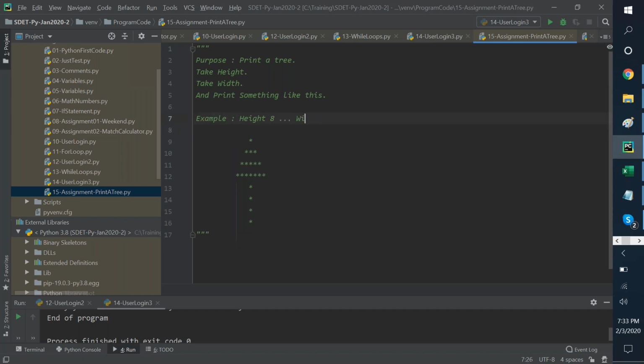Width is basically we're counting. If you count the largest also, that's more than enough. So that is 1, 2, 3, 4, 5, 6, 7. Width is 7. And then output should be as below.